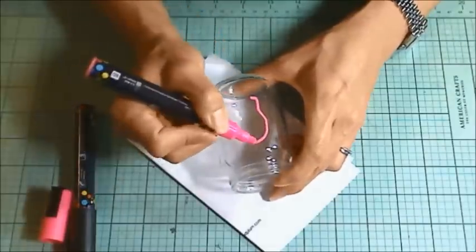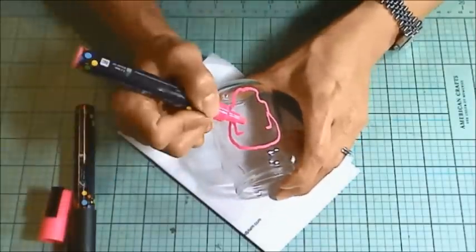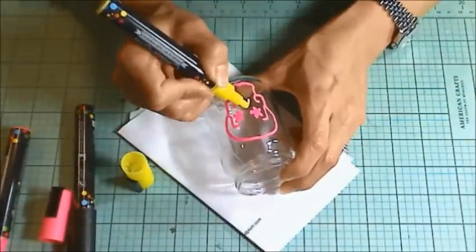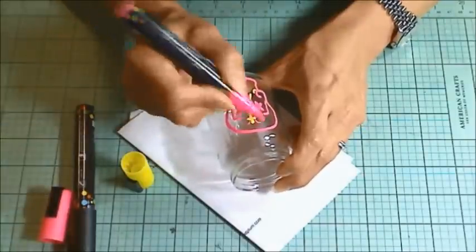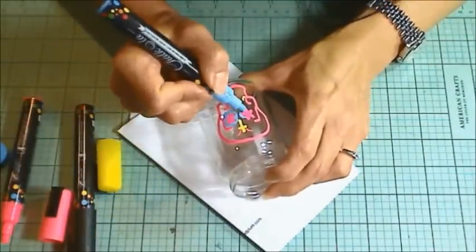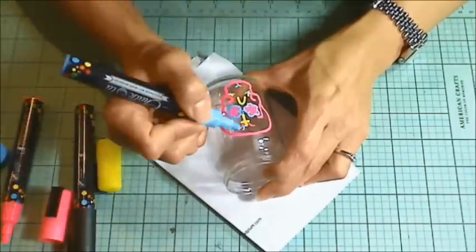For this last little project, I thought I would draw a Dia de los Muertos skull and just use a whole bunch of the fun ChalkOla neon colored markers. And with those Dia de los Muertos skulls, there's no mistake. You can decorate them any way you want, use any colors you want. You just kind of have to have a general shape outline of a skull and kind of designate where the eyes are. But otherwise, it's folk art, so it doesn't have to be precise, it doesn't have to be exact,